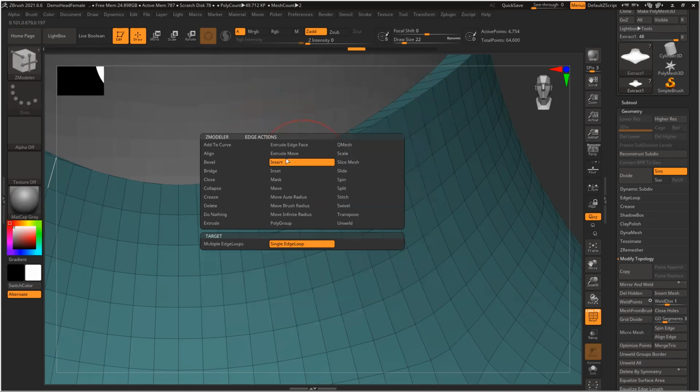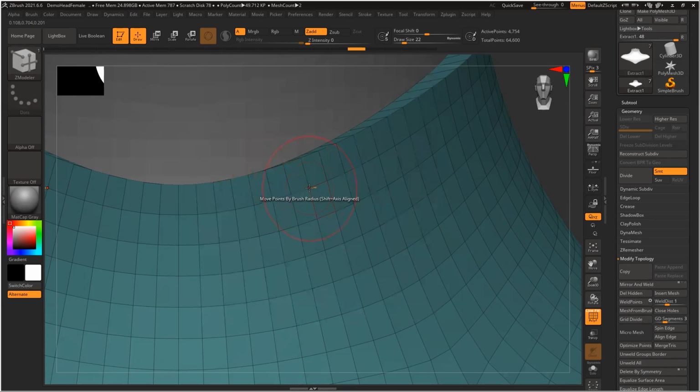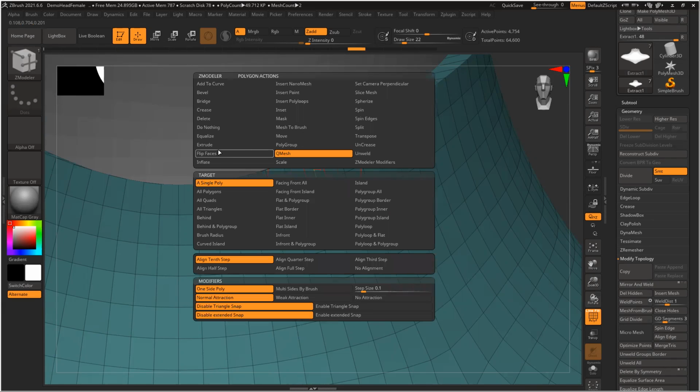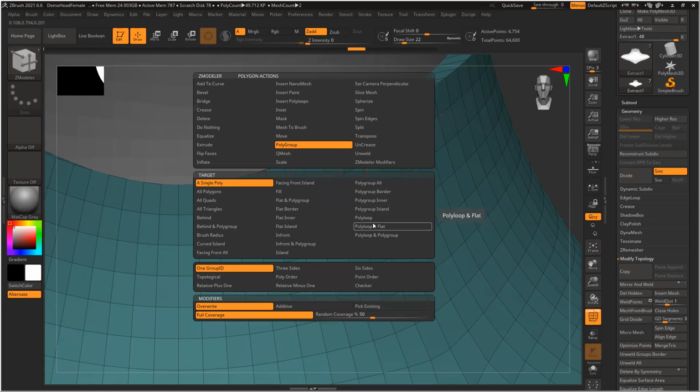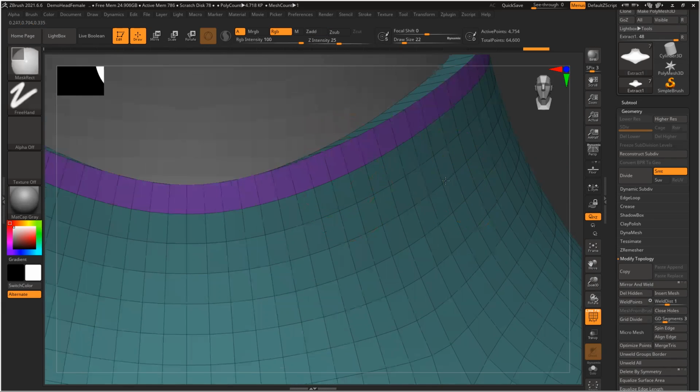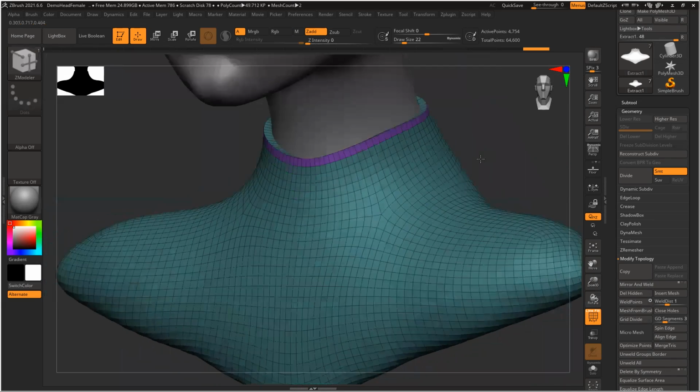If an edge, you can see edge actions, vertex, vertex point actions. So polygon, what I want to do, I want to create a polygroup, right? Polygroup, polyloop. And this orange, you can see it change the direction. So select the direction, like I want this loop. Click this, it will create a polyloop, polygroup entirely.